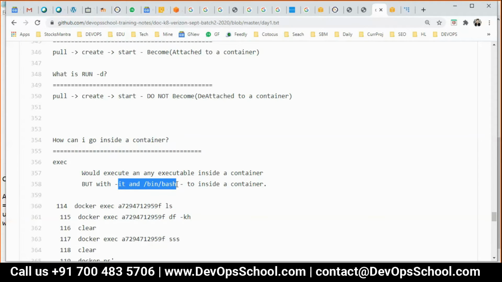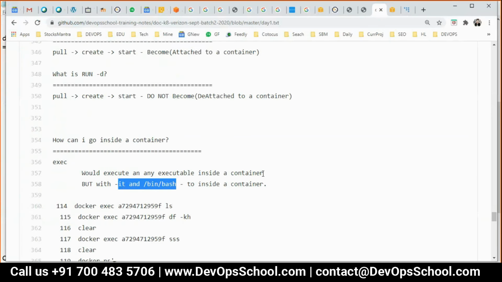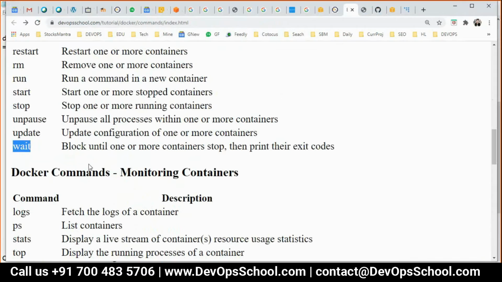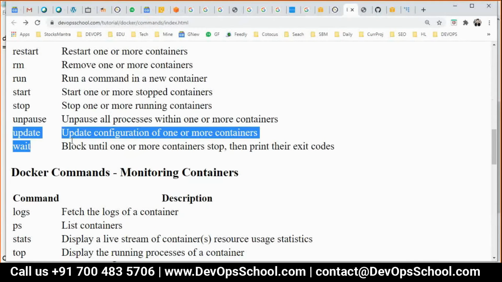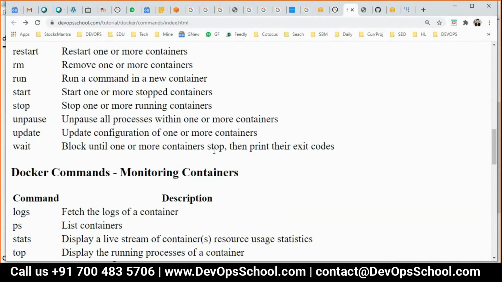So guys, I have taught you so many commands in this list. Now you need to teach me two commands, update and wait. I will ask this question randomly. By the way, I have not asked the difference between pause and unpause, and I will ask those questions also during today's session.